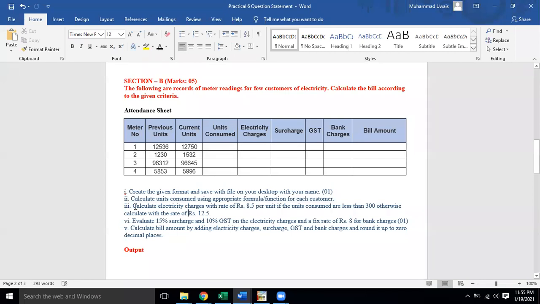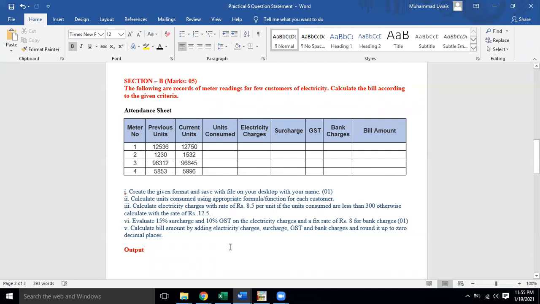What is point number 3? Calculate electricity charges at the rate of rupees 8.5 per unit if the units consumed are less than 300. Otherwise, calculate at the rate of 12.5 rupees per unit. What does it mean?